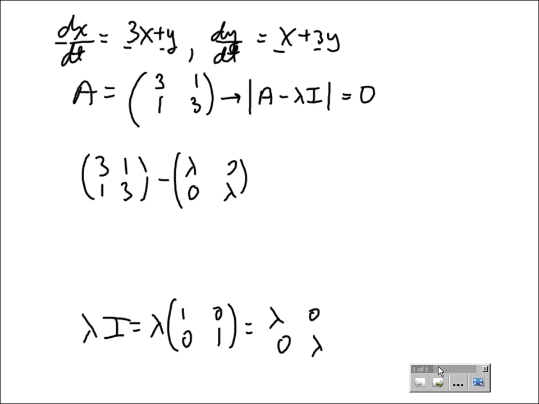And so you're going to have A minus lambda I, and it equals 3 minus lambda, 1, 1, 3 minus lambda. Basically, all you do is write down matrix A and just take away lambdas from the diagonal. And we want the determinant of this,